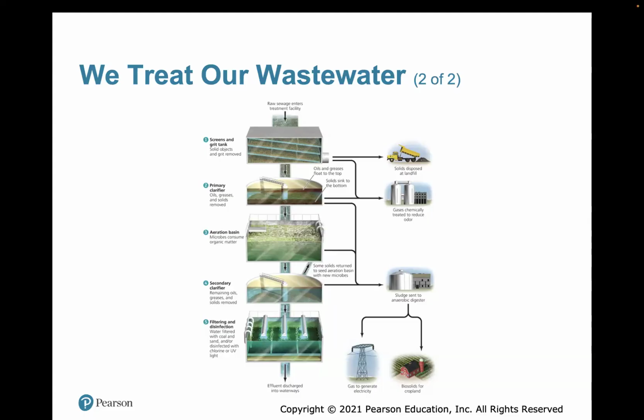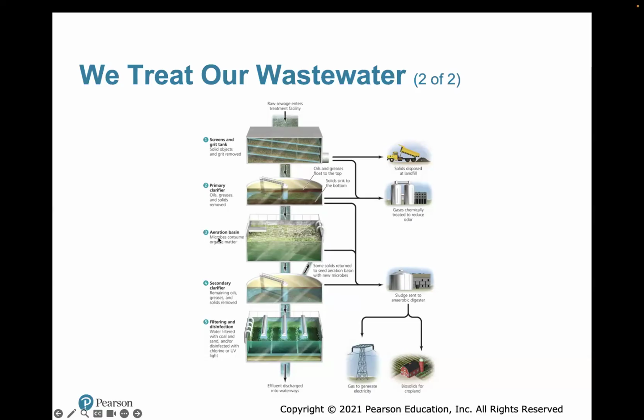At the treatment facility, large items are removed from the incoming water with screens. Then the wastewater is subject to primary treatment. That's the water coming in, and then it goes through the primary treatment. The primary treatment physically removes contaminants in settling tanks, and this process removes solids as well. Then it moves on to secondary treatment.